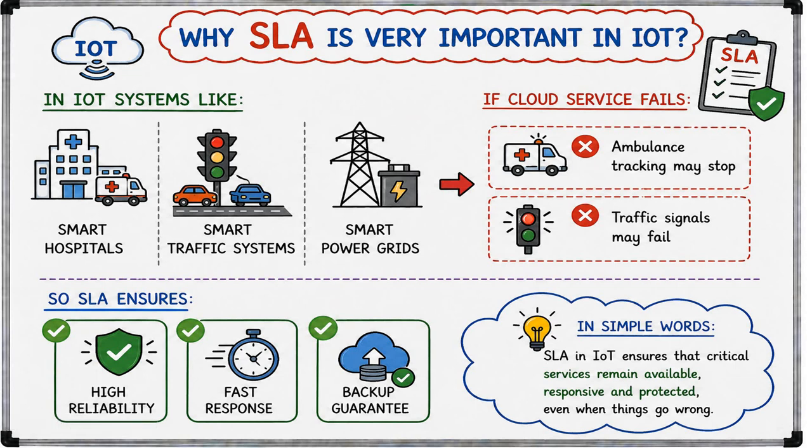So the SLA is nothing but a written promise between the customer and the cloud provider about the service quality. It protects the customer, ensures service quality, and the CSP defines the responsibility limits.